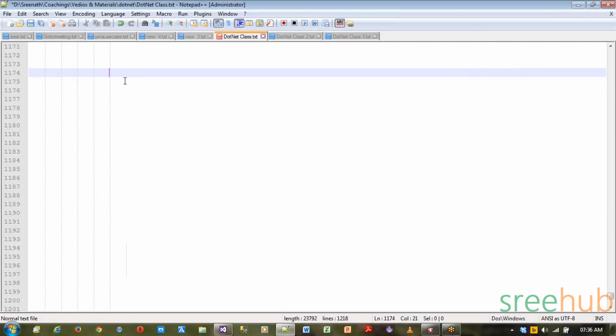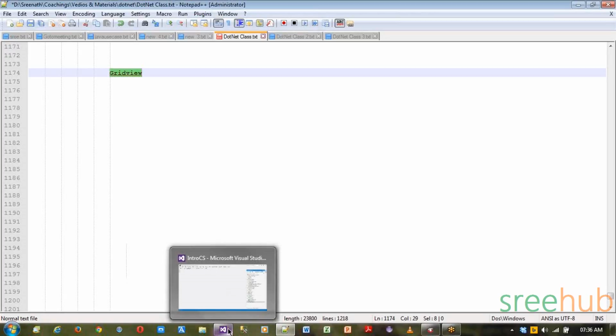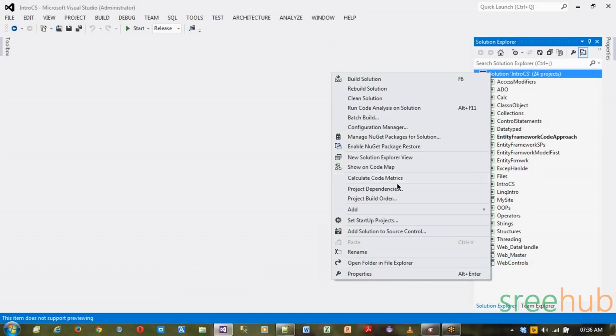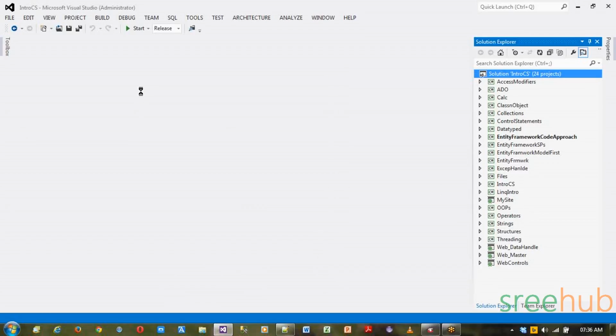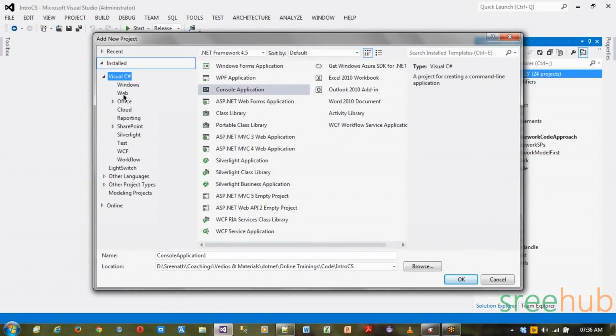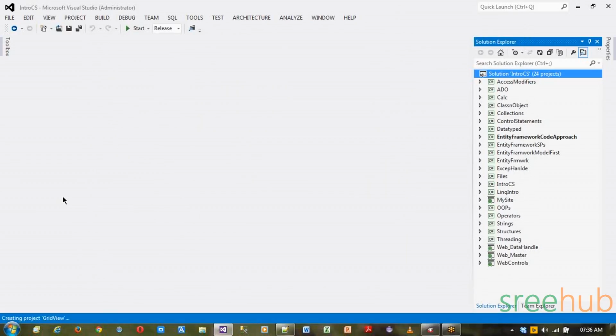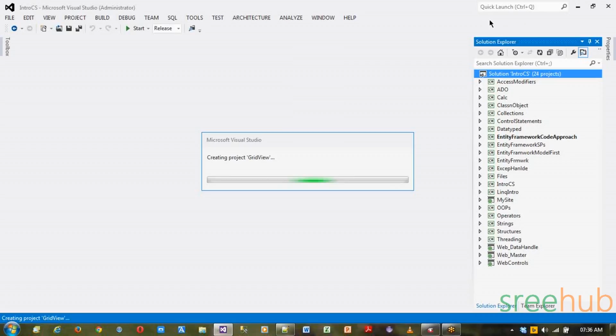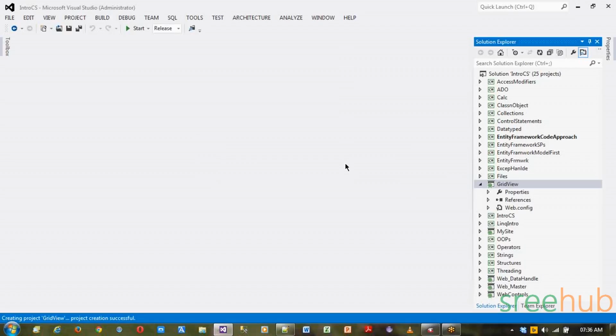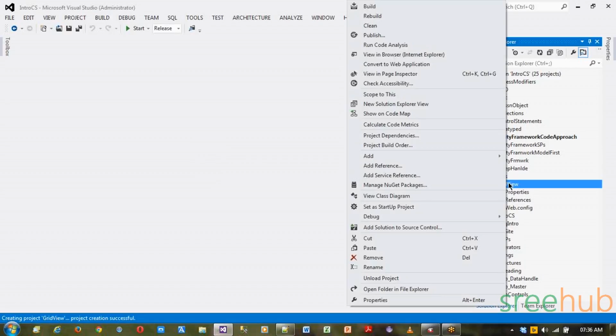So let's see the main control, the GridView control, today, right? How we can actually show the data. Fine. So let me create a new project. So make it as a visual format. Okay, so let me create a